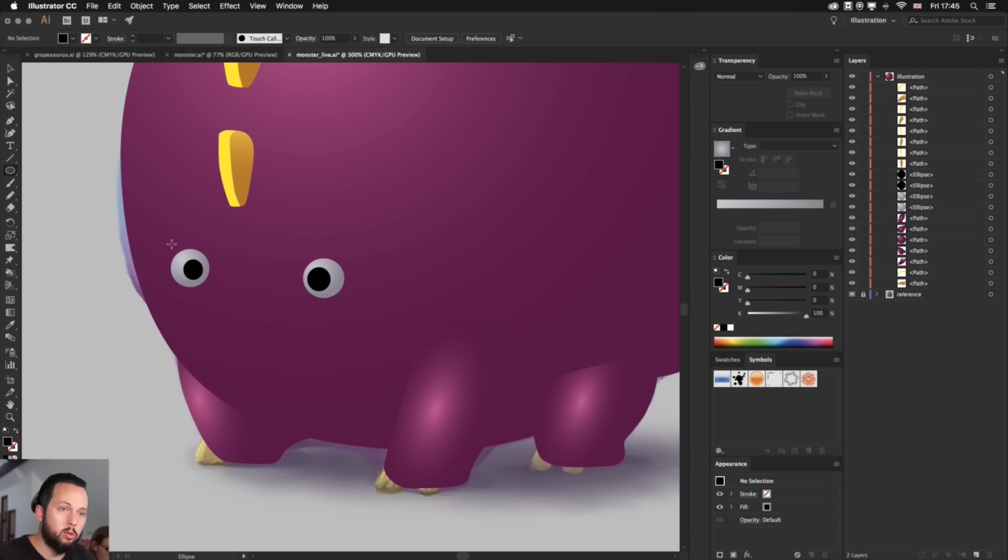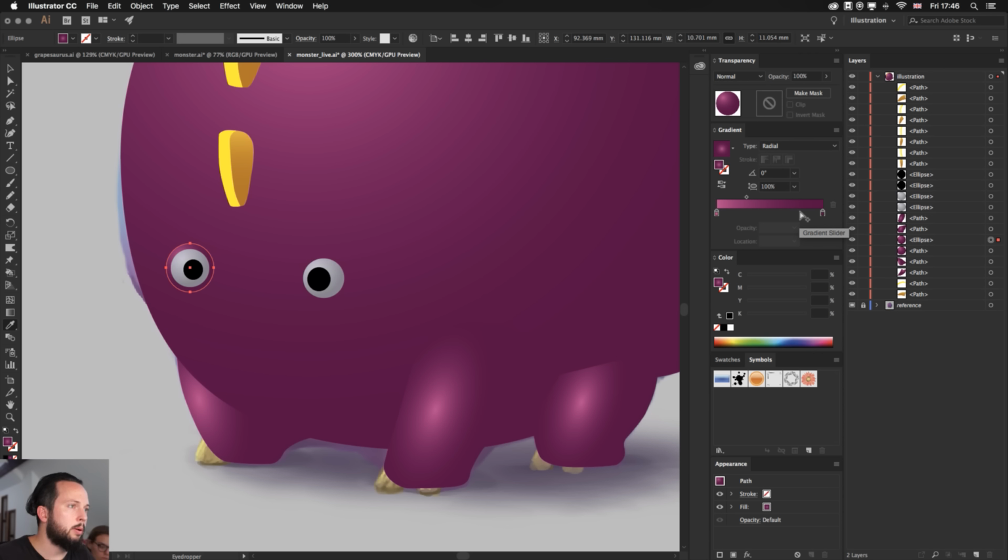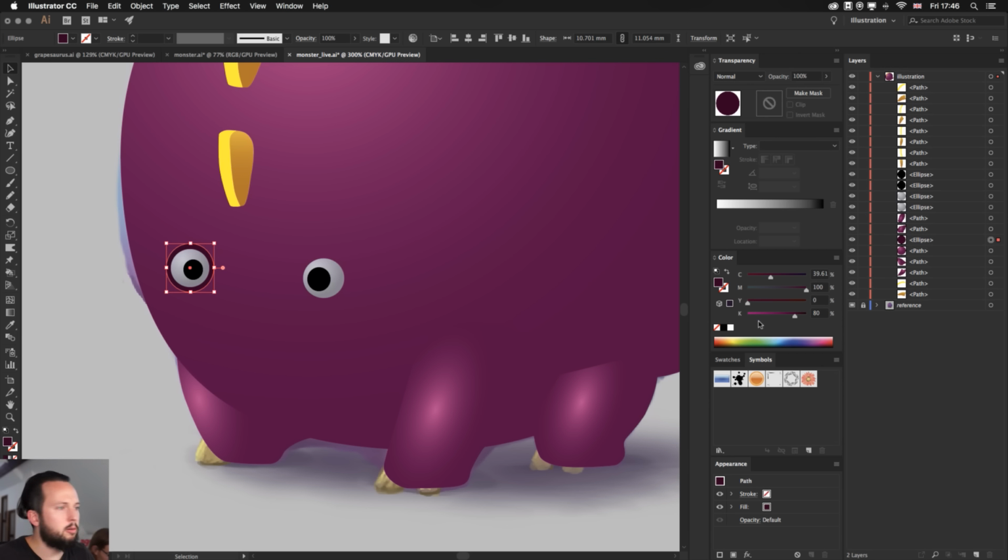Now what I like to do also normally is to have a bit of like a depth around the eye by adding an additional shape. I'm just going to send this right behind the eye, but not set it to black. I'm just going to use purple like this. It doesn't have to be a gradient. We can just apply a color on it, but make it darker. So something like that. Maybe it looks a bit too dark. Let me just brighten it up a bit. Something like that. That looks all right.